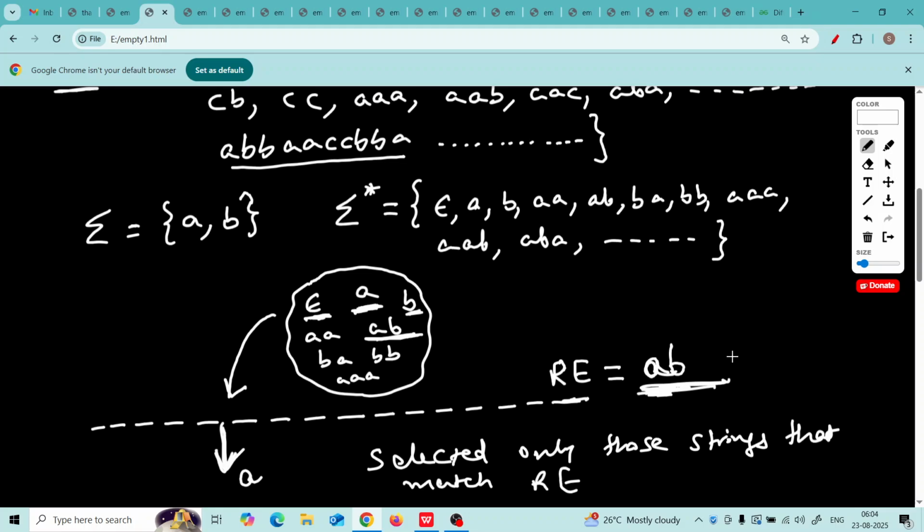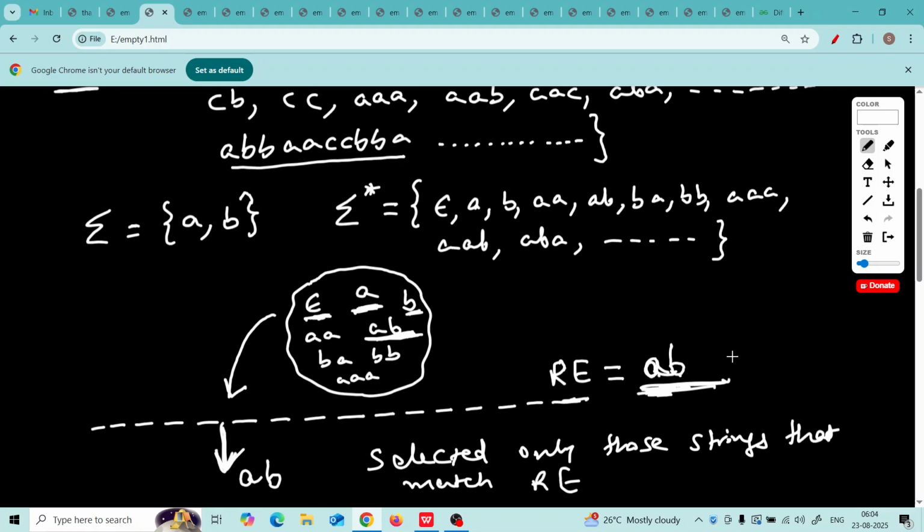Single A also does not match AB. Single B does not match AB. Double A, although it has A, does not have B, it has AA, so it does not match. But AB is the only string which matches this regular expression. So only AB will be passed.